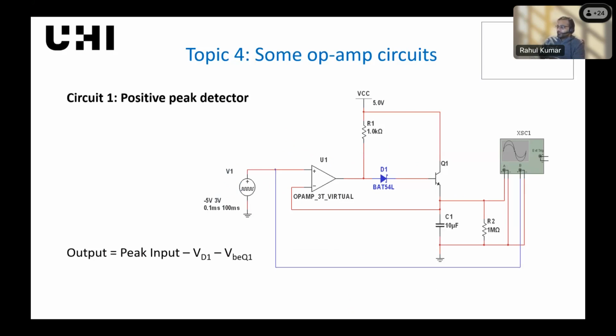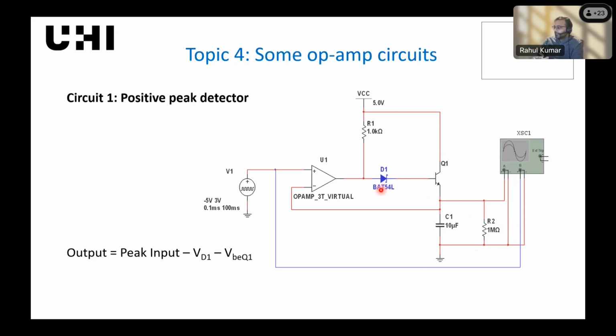So the usual input is a square wave, which is then connected to your op-amp, and then you have a Schottky diode and a transistor, which is connected in common collector mode. The output is a DC value of the peak input,